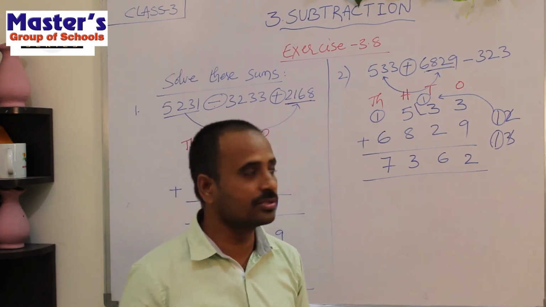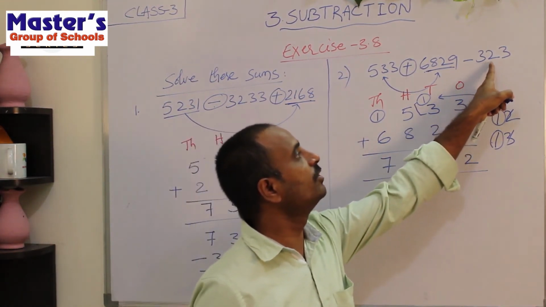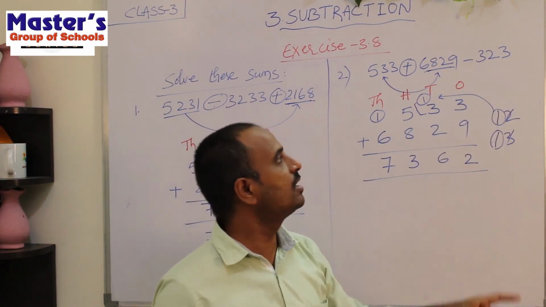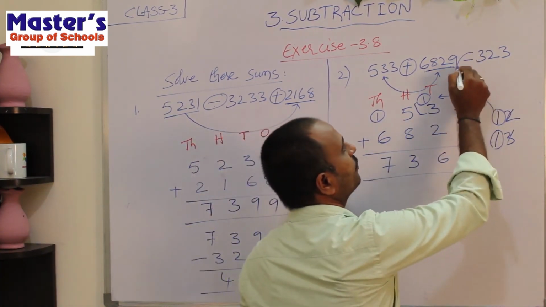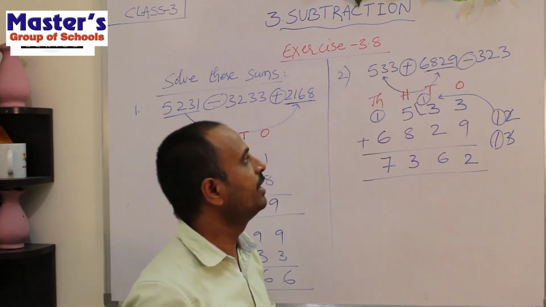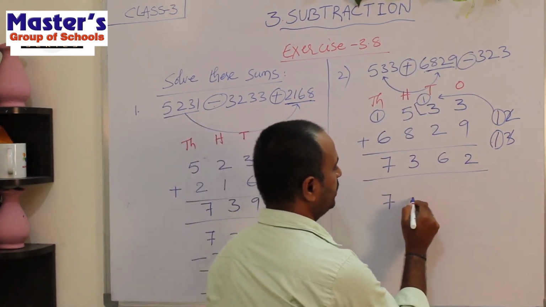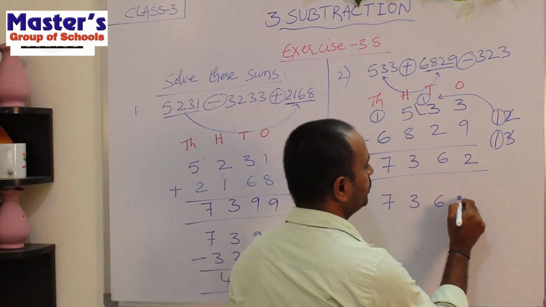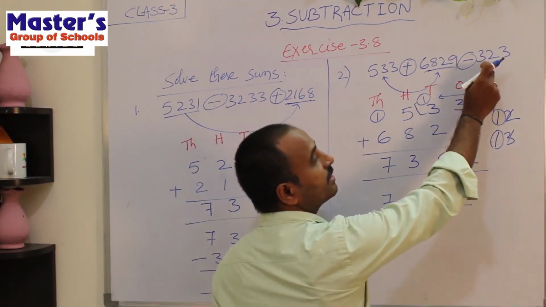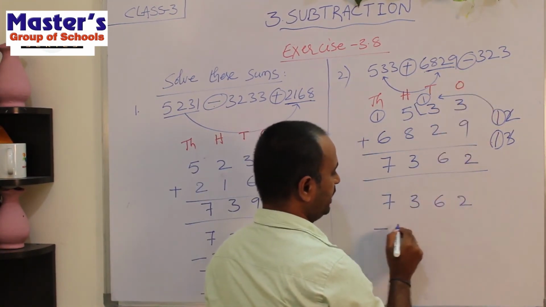So what number do we have to subtract? Here 323 has to be subtracted because it has a minus sign before it. So that's why we have to subtract that number. So first write the sum 7362. And what is that number? 300. So minus